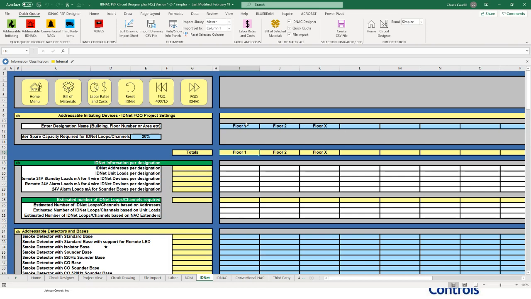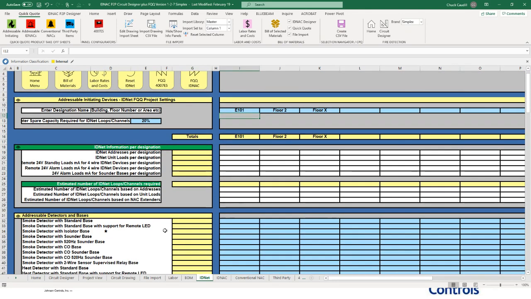All these light blue items are things that the user can modify. If I'm doing a takeoff, I'm looking at sets of drawings and I have the floor 1 drawing, the floor 2 or floor 3, or maybe you want to change that and say this is electrical drawing E101. When I change that to E101, the header will change here. You can also change the spare capacity. If you don't want to exceed 80% of your loop capability, set that for 20% spare. What that means is, we have a 250 point loop, you can only put 200 devices on it before it needs another loop.